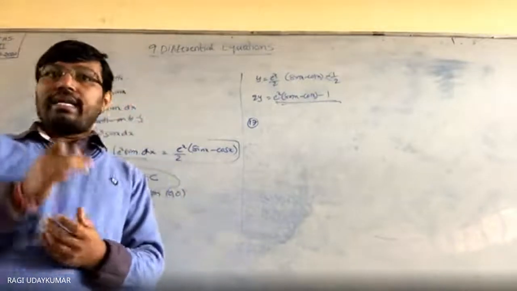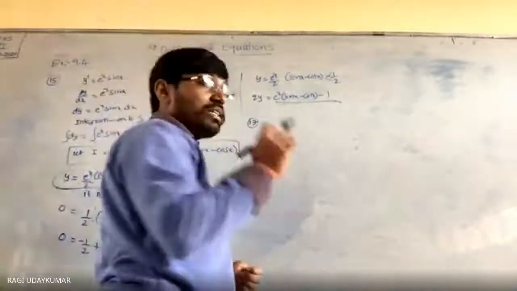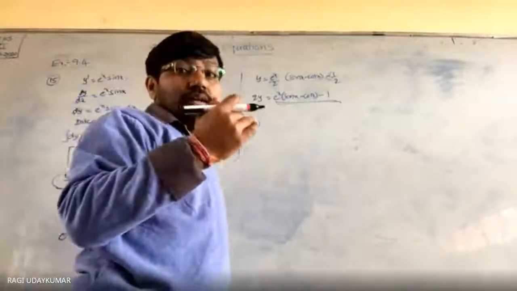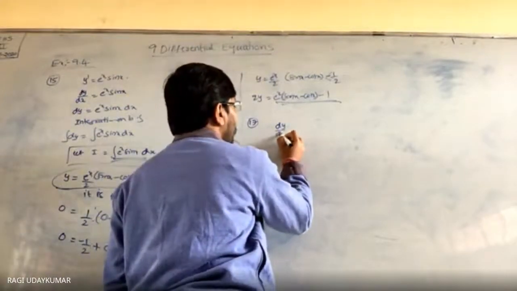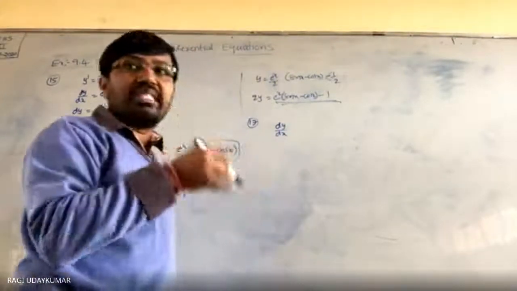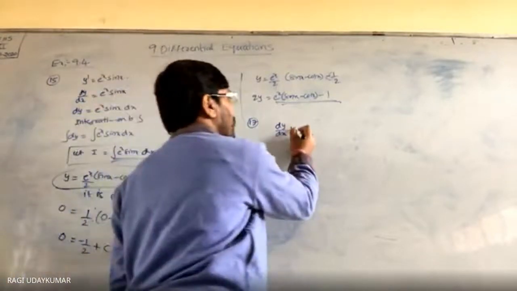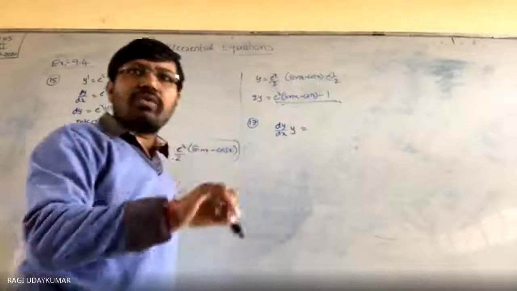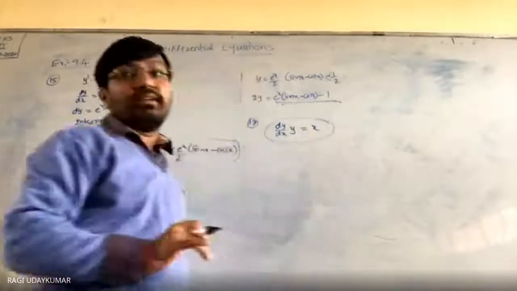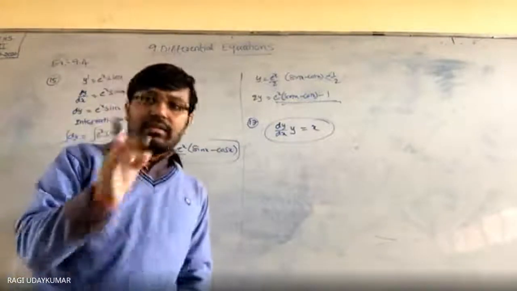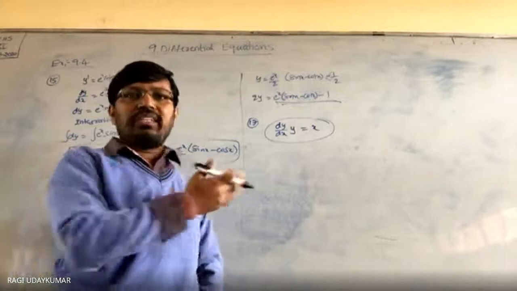Here it is given that the product of the slope of the tangent, not the slope of the curve but the slope of the tangent of the curve, is given by dy by dx. The product of this and the y coordinate of the point is equal to the x coordinate. So the differential equation is not directly given to you, but in a sentence formation it is given. So this is a differential equation.